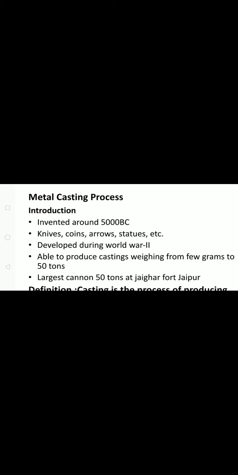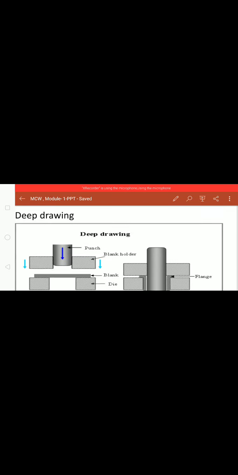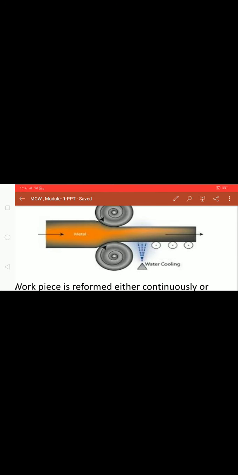That question has already been asked repeatedly in earlier examination question papers. Try to concentrate more on these metal working and metal casting processes, that is, primary and secondary manufacturing processes.